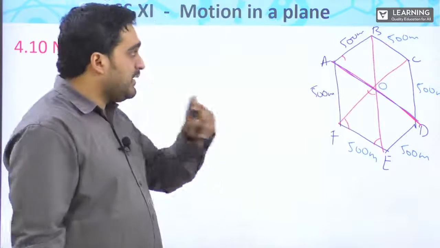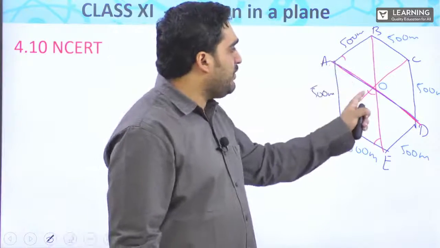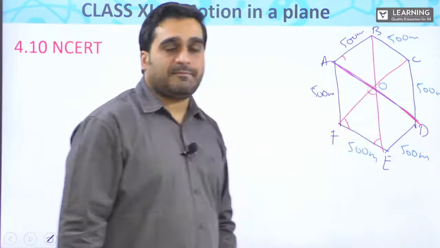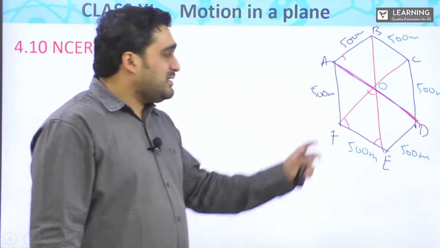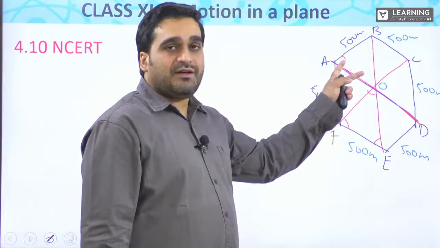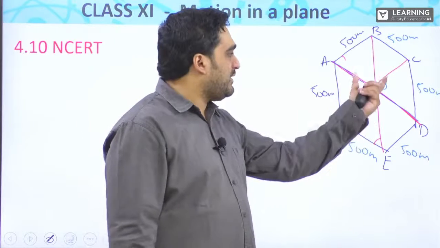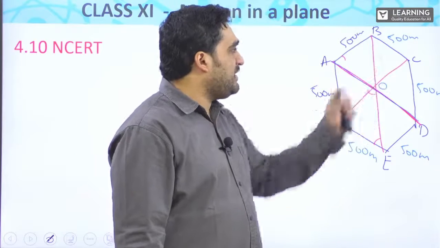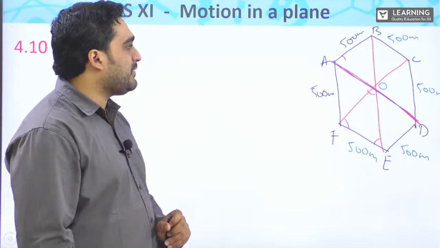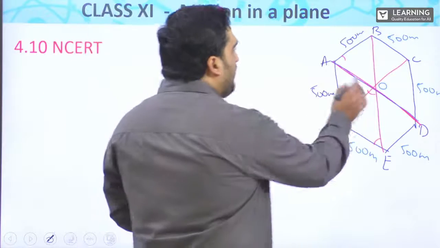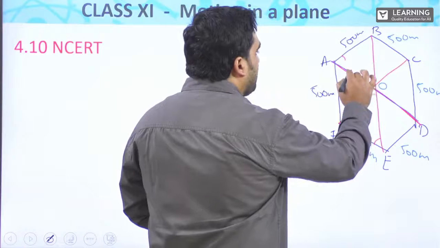Similarly, AB will be parallel to OC. So this is actually a parallelogram, AOCB. Since OA and BC are parallel to each other,